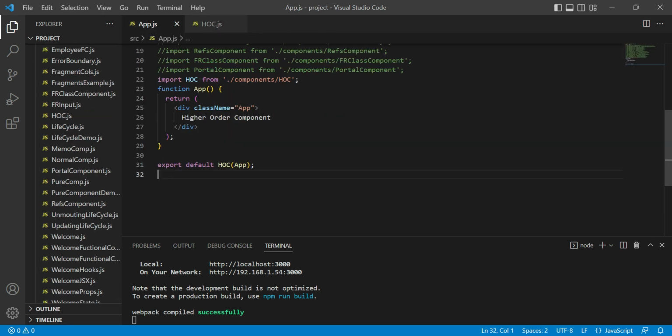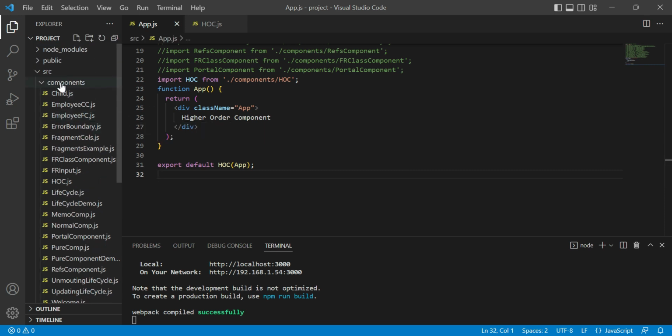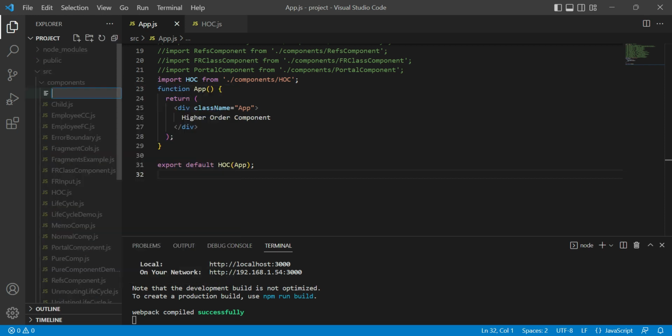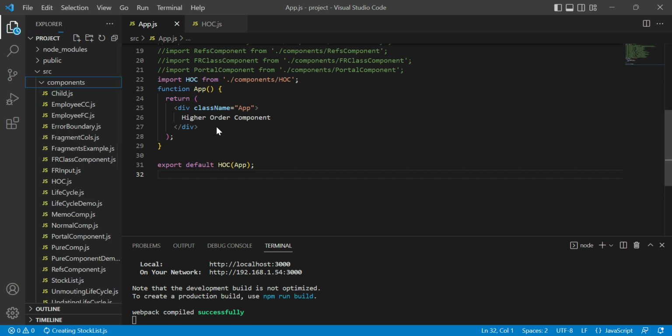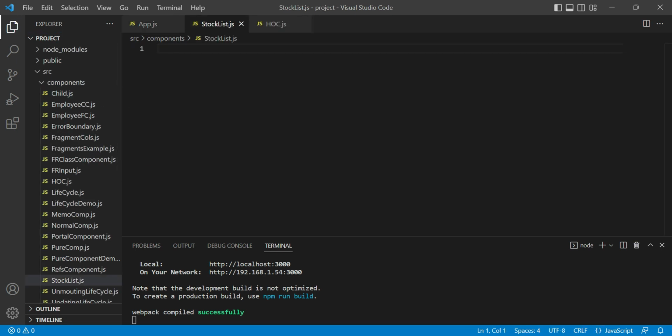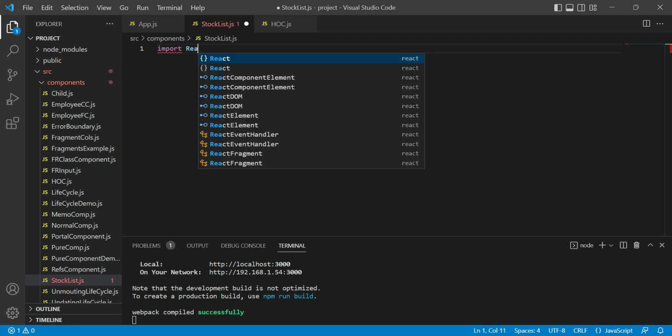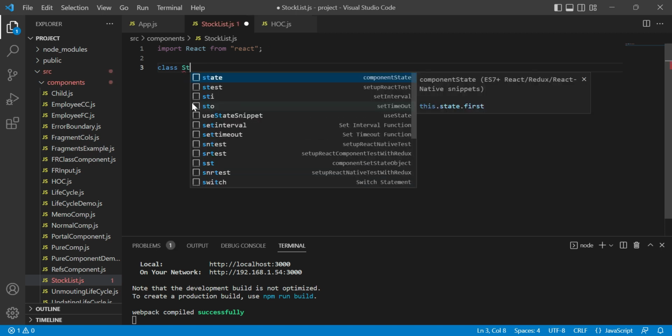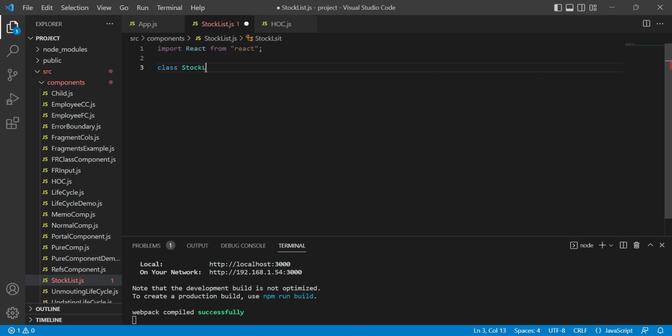So far we have made one function component, that is hoc, and that function accepts one argument as a component. In our case we are passing app.js. Let's create some more components and see the actual implementation of this hoc component. So in the component, let's create a new file, stocklist.js, and simply create a class component. So import React from React, class stocklist extends React.Component,